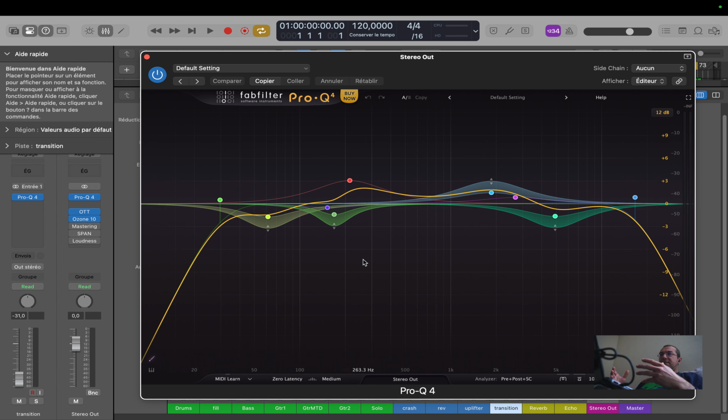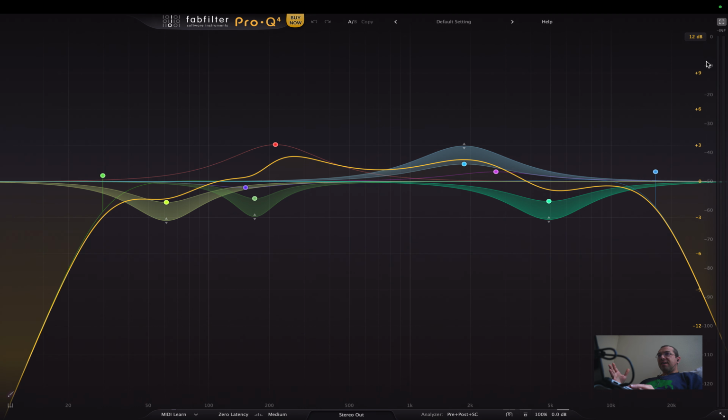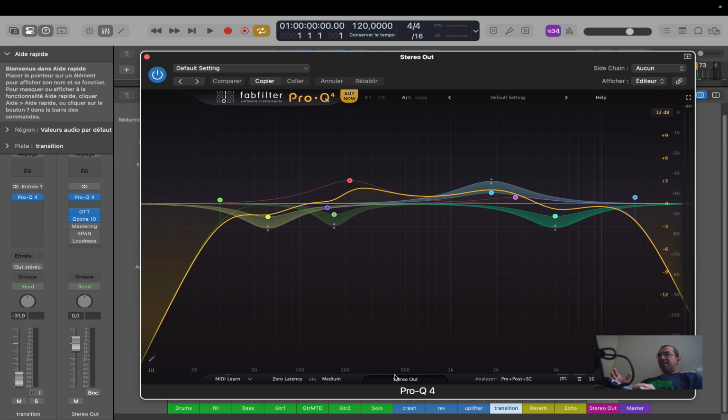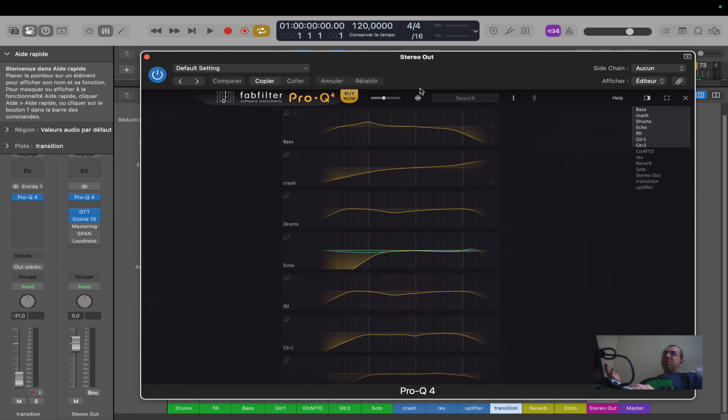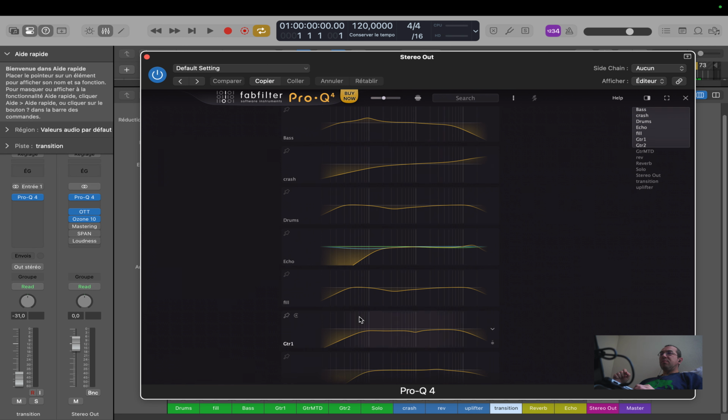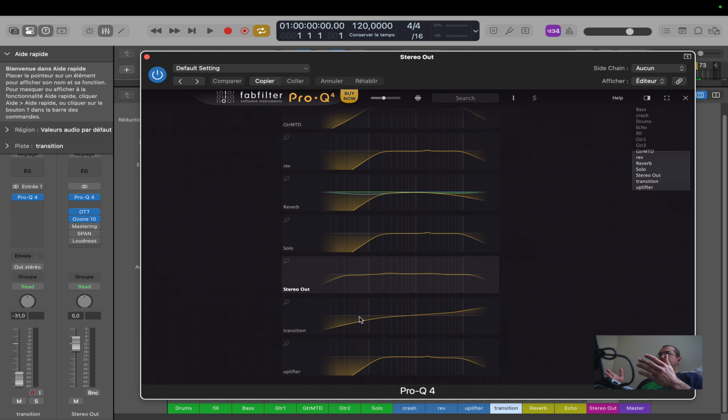That instance when you can see all your EQs graphically on a list, and I couldn't find it. I tried and I searched everywhere and I just couldn't find it. And then offline I realized that you have to push this in the middle, and now you have your graphically represented